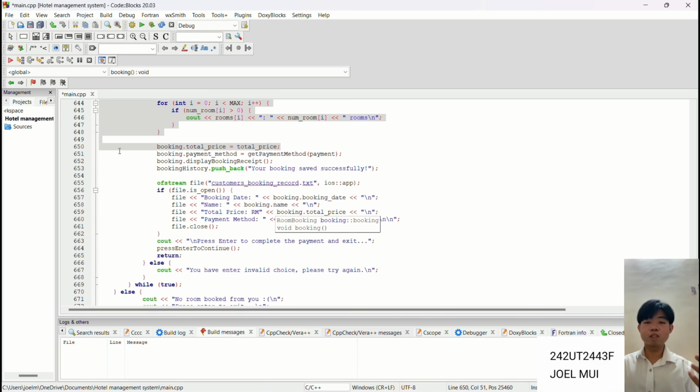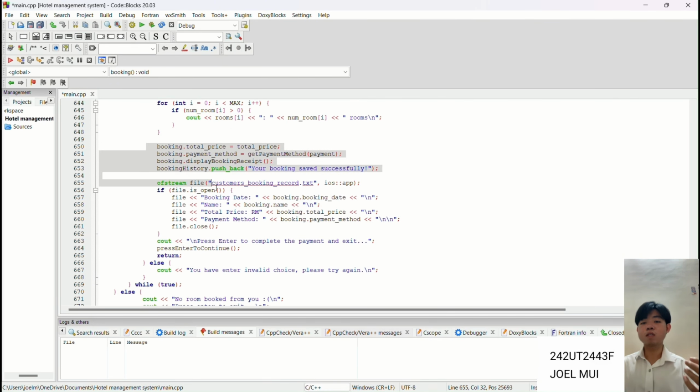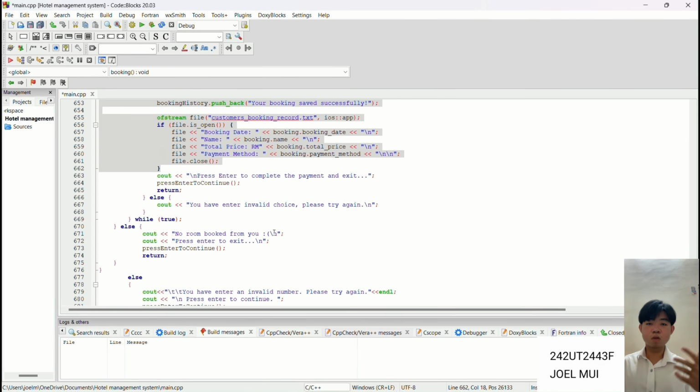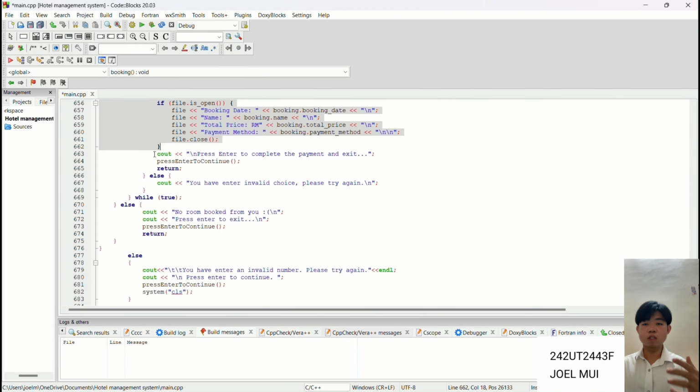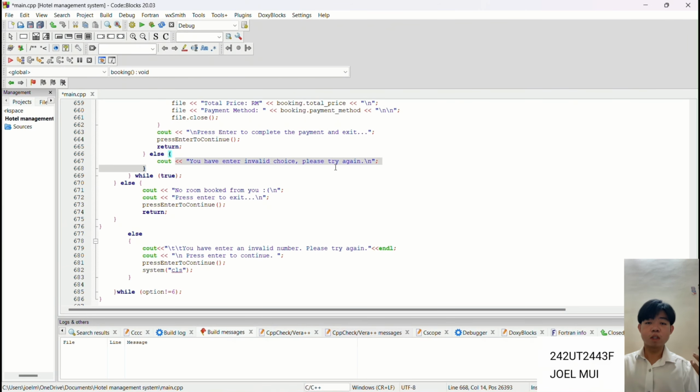The program also saves this information to the file customerbooking_record.txt so the user can check it later. After this, a message appears asking the user to press enter to complete the payment. If they enter an invalid payment method, they are asked to try again. If at any point the user enters an invalid menu option, an error message appears and they must press enter